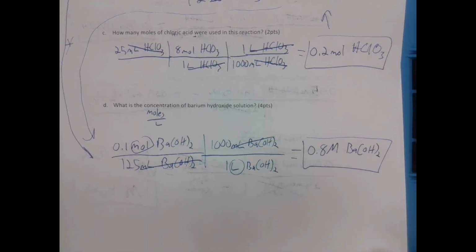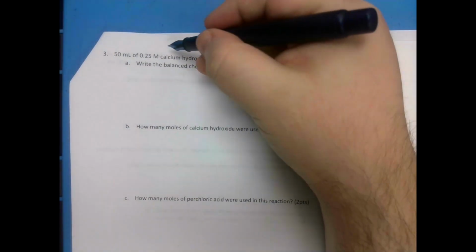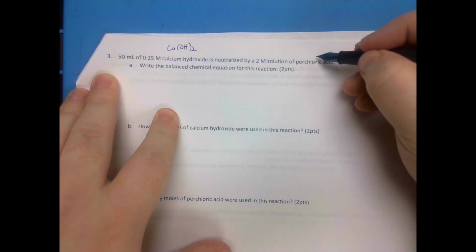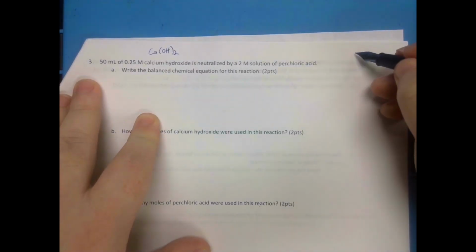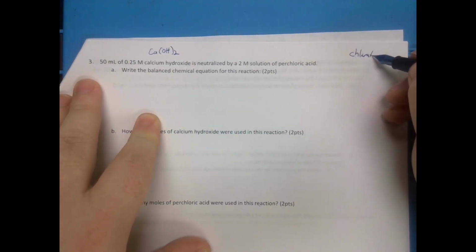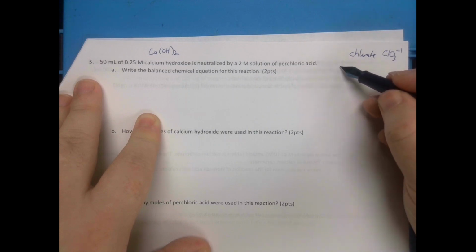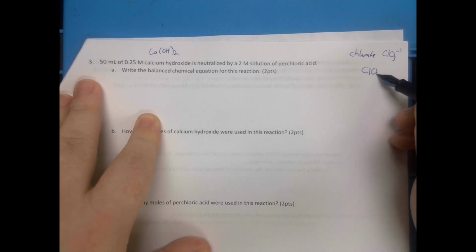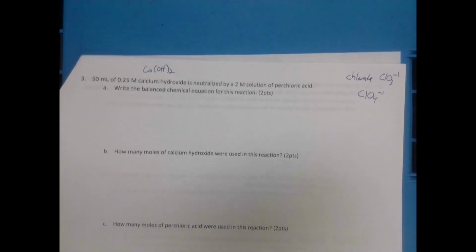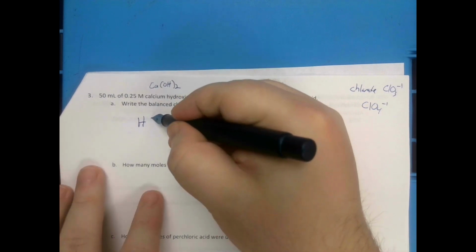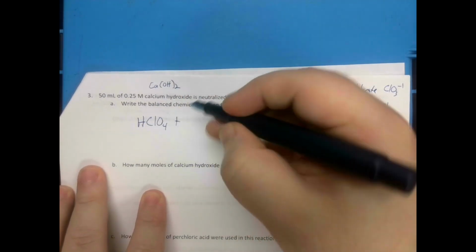So, moving on, calcium hydroxide and perchloric acid. Chlorate is ClO3, -1, and thus a per will turn this into ClO4. So that means we have HClO4 reacting with